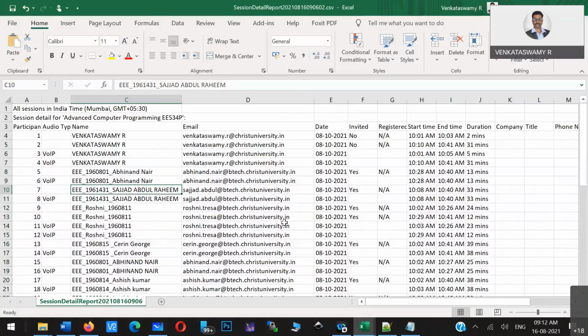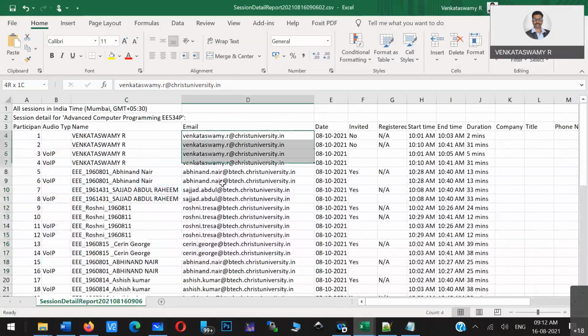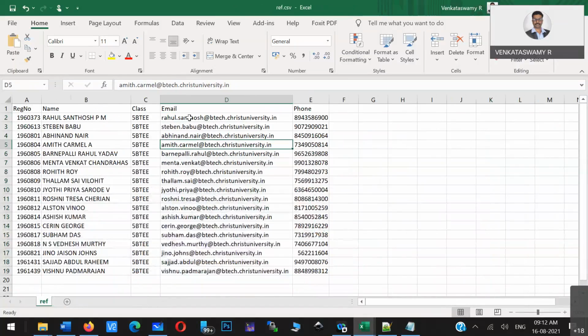So we have to compare that email ID. If the email ID is present in the WebEx report, then come back to this list, search for that particular person, go to that record, and fetch whatever information you want.